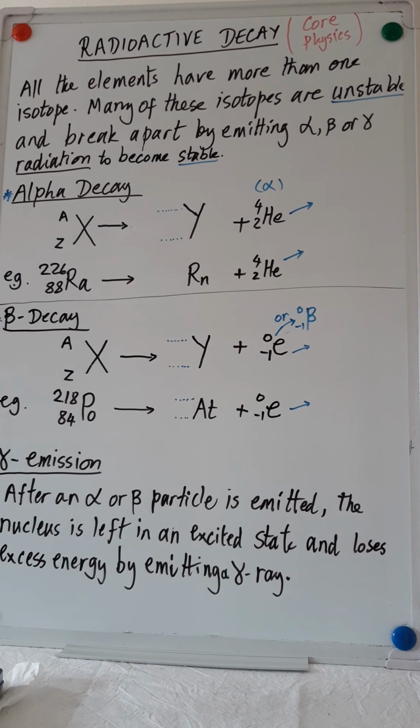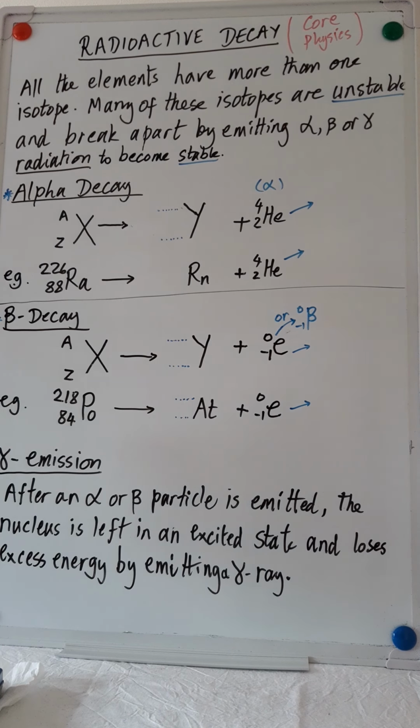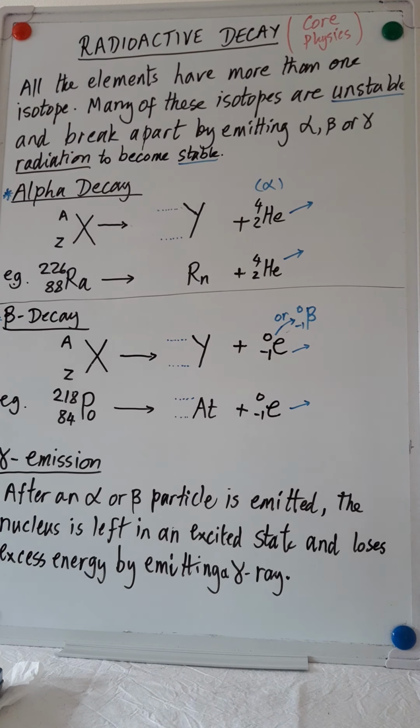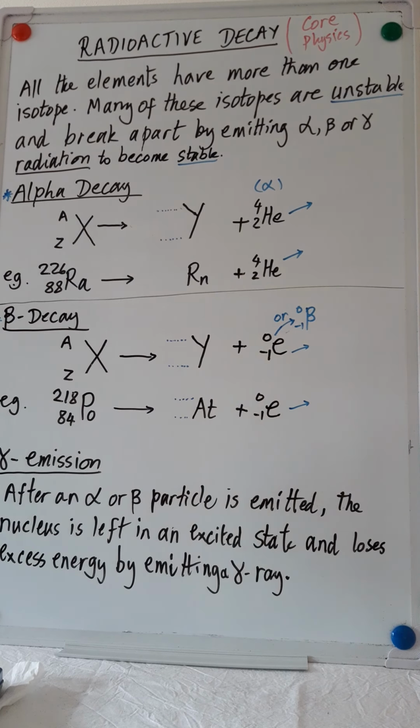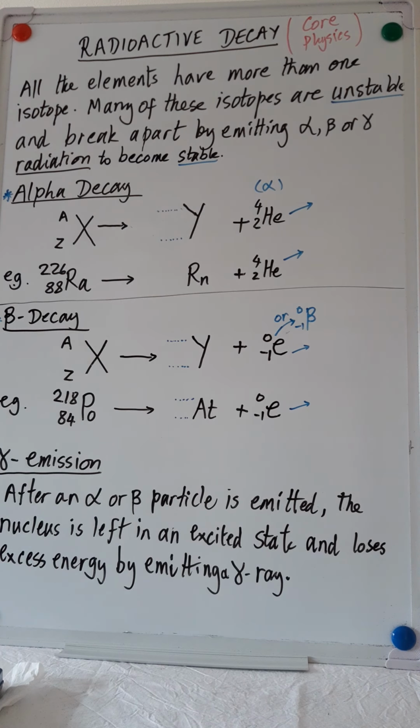In this video, we're going to talk about the actual mechanism of radioactive decay. What exactly happens to the atom when it decays, when it emits alpha, beta, or gamma? We know that most elements have more than one isotope, and usually one or two isotopes are stable. The other isotopes are radioactive, and they decay away by emitting either alpha, beta, or gamma radiation to become stable. And also the stability depends on